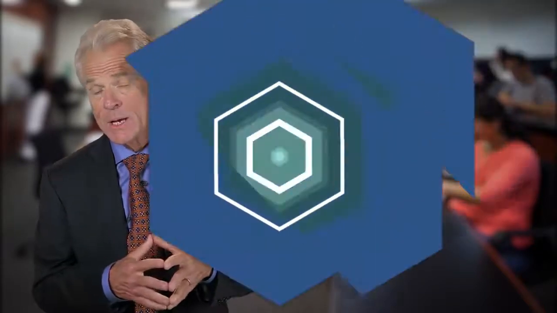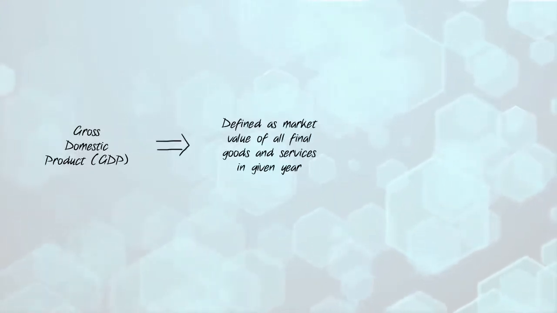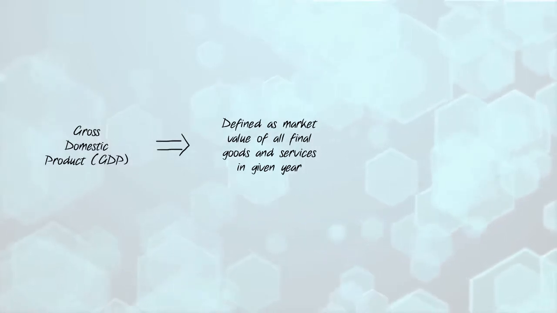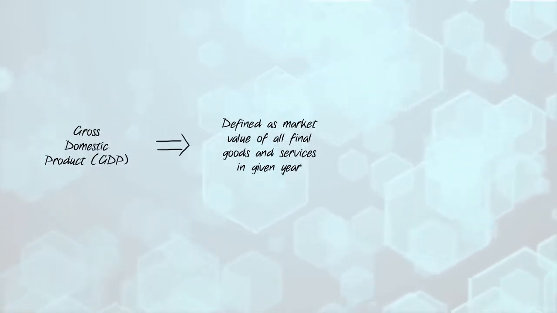The rate of economic growth is typically measured by the growth in the nation's real inflation-adjusted gross domestic product, or real GDP. Typically, developed economies like that of Canada, Europe, and the United States will average GDP growth rates in the low single digits at full employment, while developing economies like that of China and India will have rates slightly to somewhat higher. As for how gross domestic product, or GDP, is defined, it is the market value of all the final goods and services produced in a country in a given year.